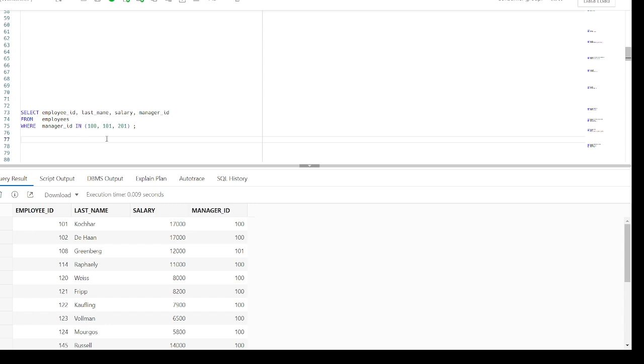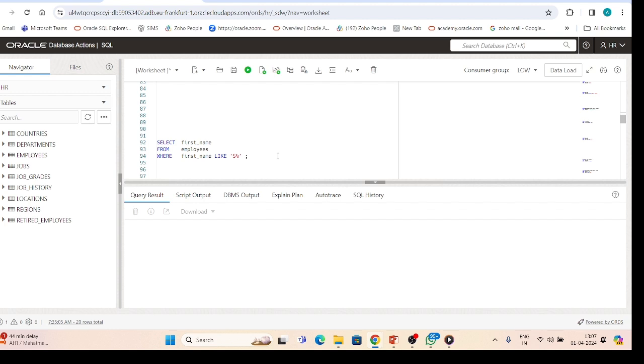Now let's move on to the next operator, the like operator. You may not always know the exact value to search for. You can select rows that match a character pattern by using the like operator.